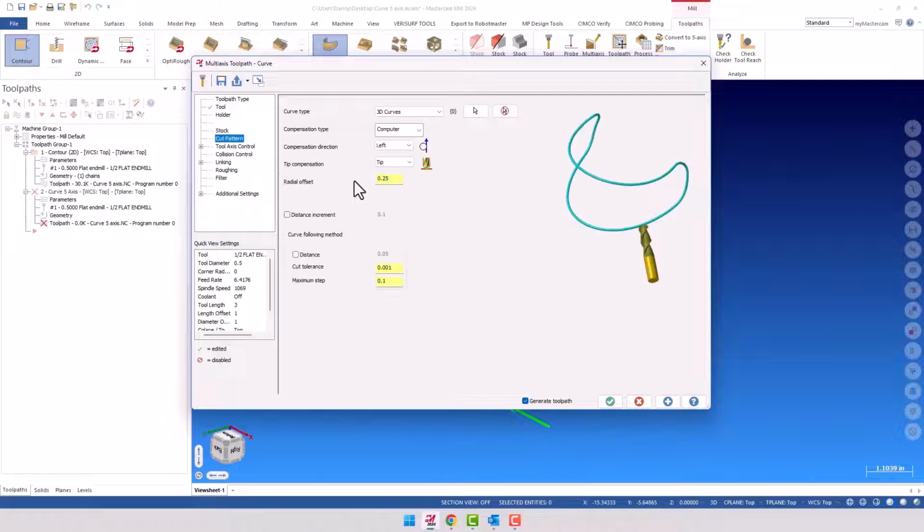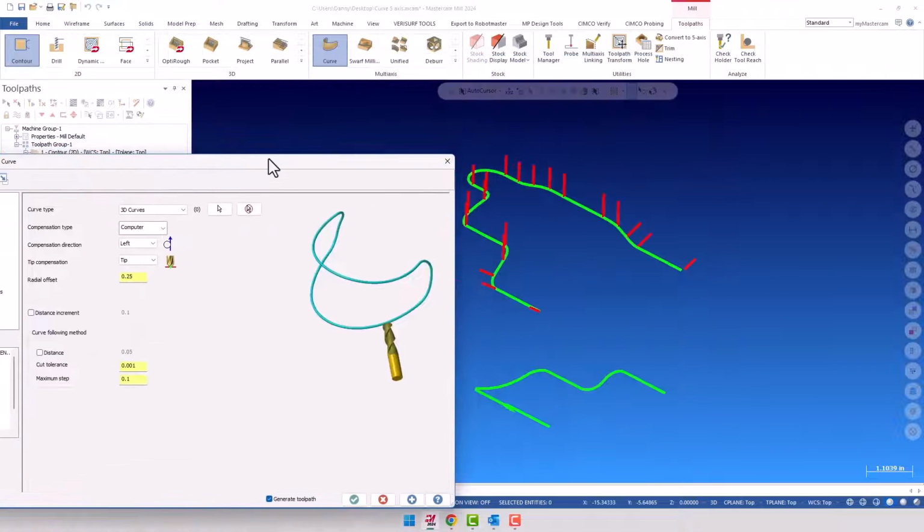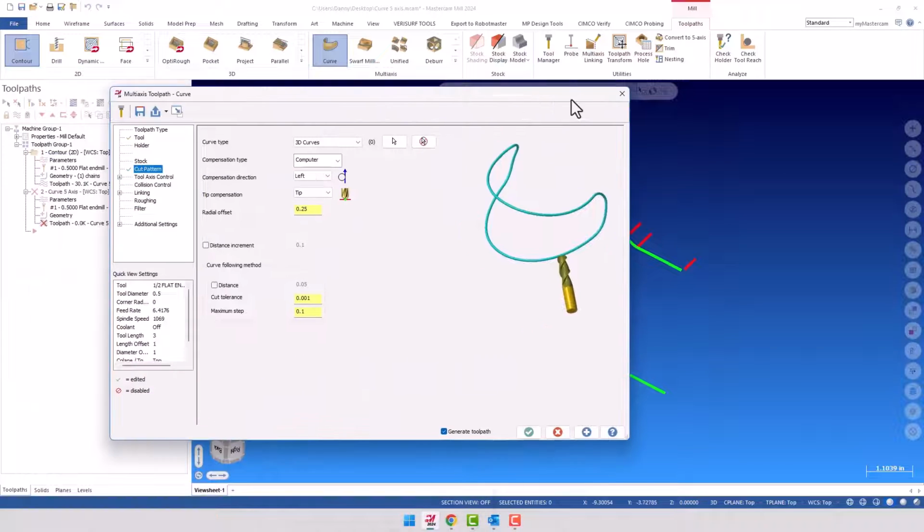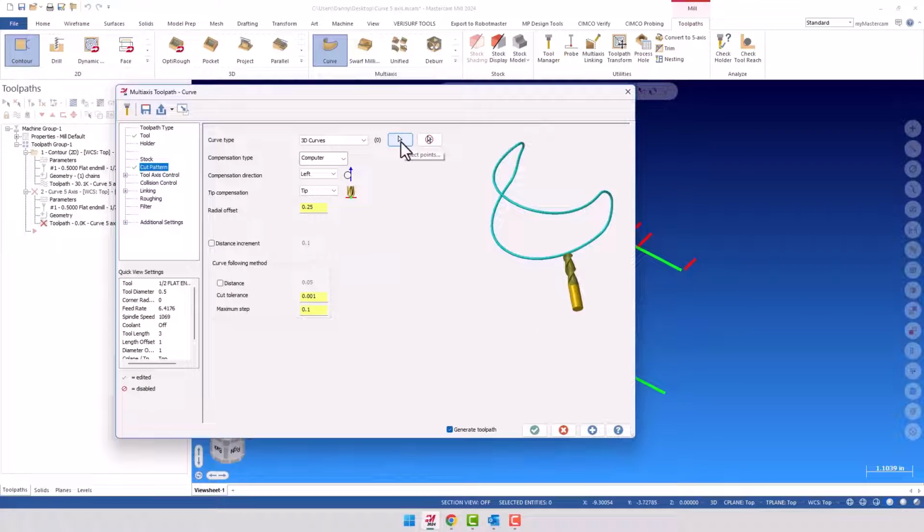So on the cut pattern, I'm going to go ahead and use the curve type, through the 3D curves. We have a few selections like surface edge or all the edges or surface single edge. But again, for clarity, I'm going to use the wireframe. And what I want to do is select that bottom profile. I'm going to go ahead and say select the